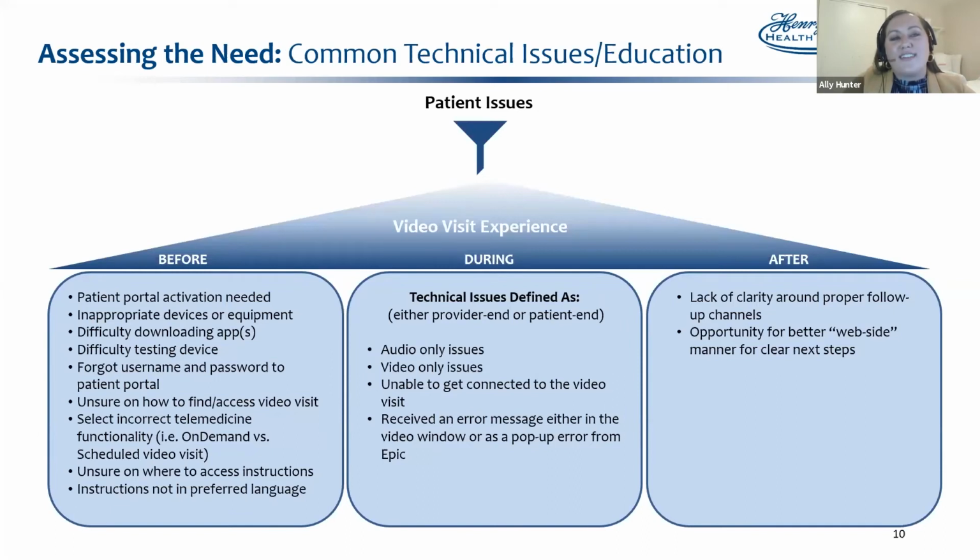So what are some of these common technical issues and patient education things that we run into? I'll preface this slide with knowing that this is more specific to us as a health system. So some of these might resonate with you in your health system. Others might not be as prevalent, but the way in which we designed this was that we have